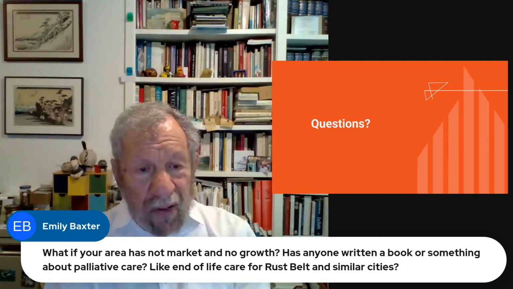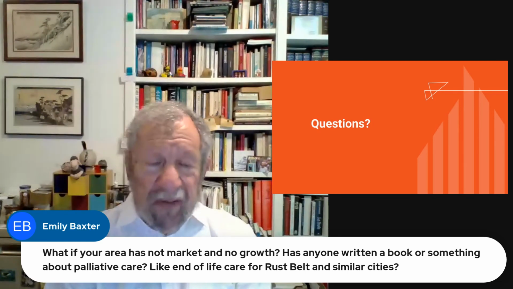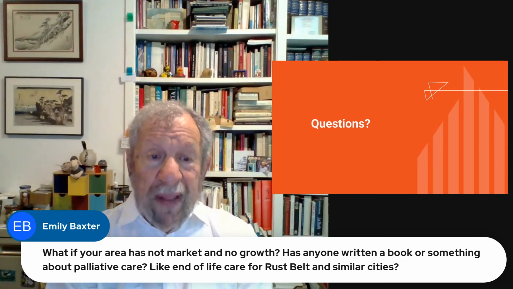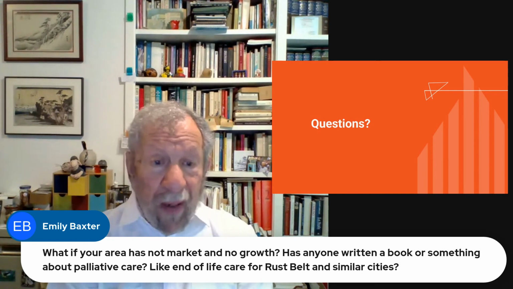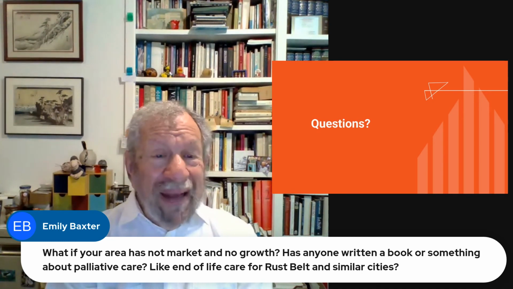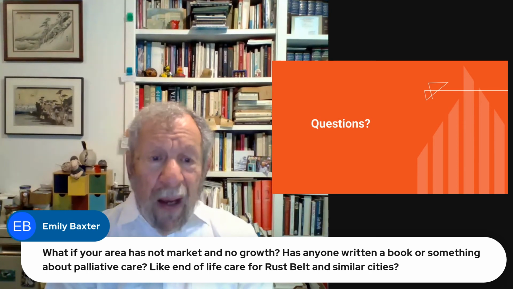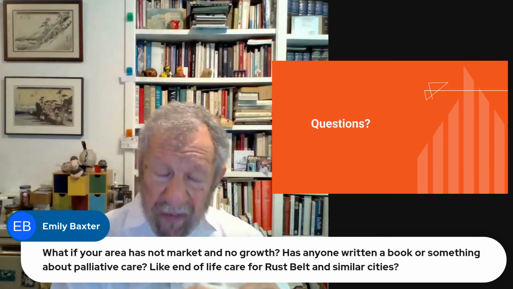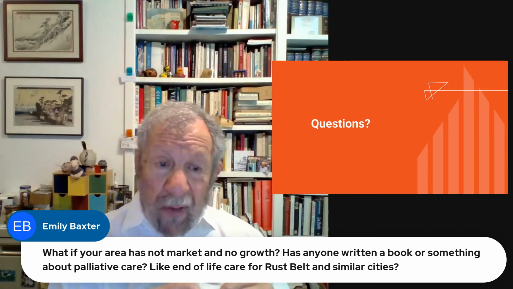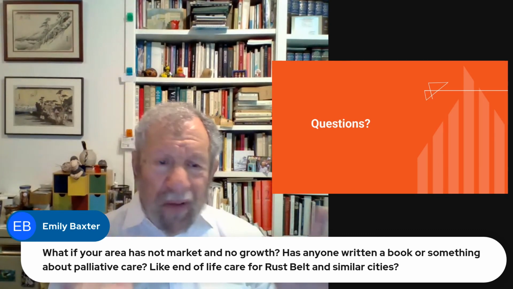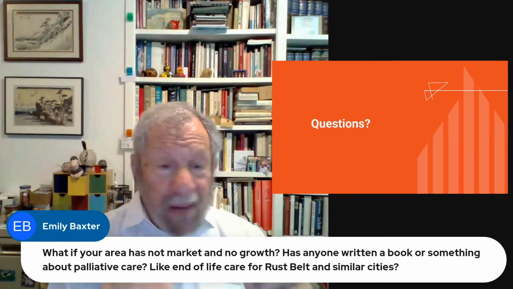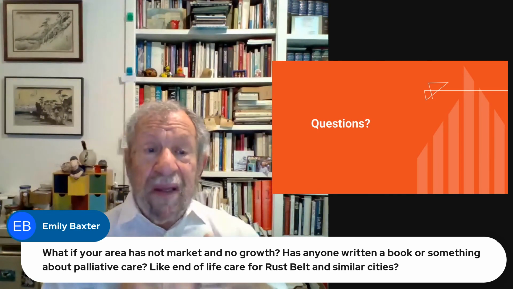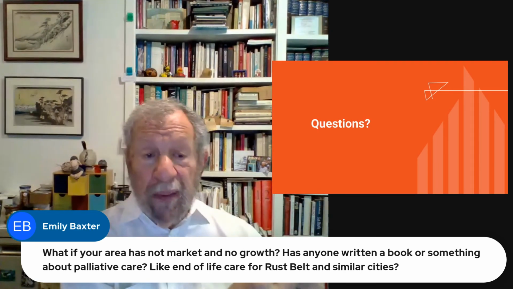Next 10, 20 years, in all likelihood, the entire United States is going to go into zero population growth. We've got to stop thinking that growth is going to solve our problems. And we have to start asking some very different questions, like, how do we improve the quality of life in a neighborhood without growth? And this is getting away from market. At that point, we have to maybe step back from market thinking. And we have to start thinking about quality of life for people.